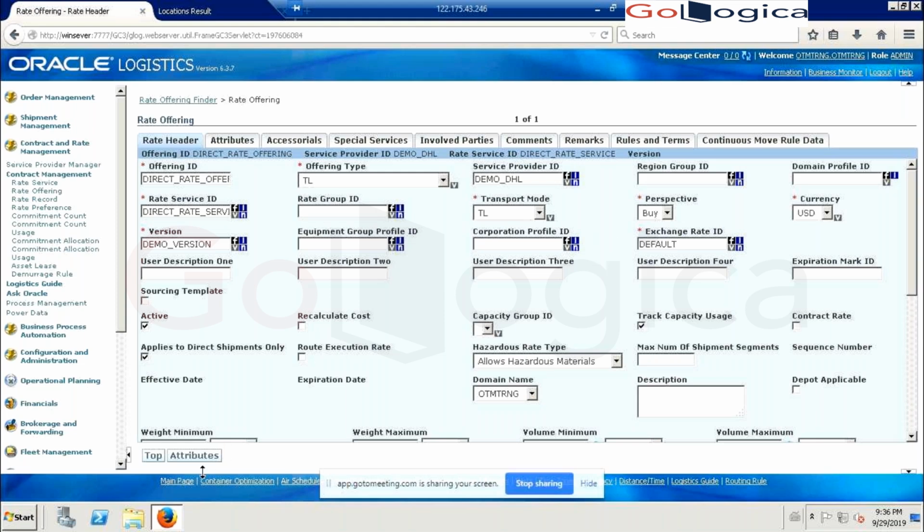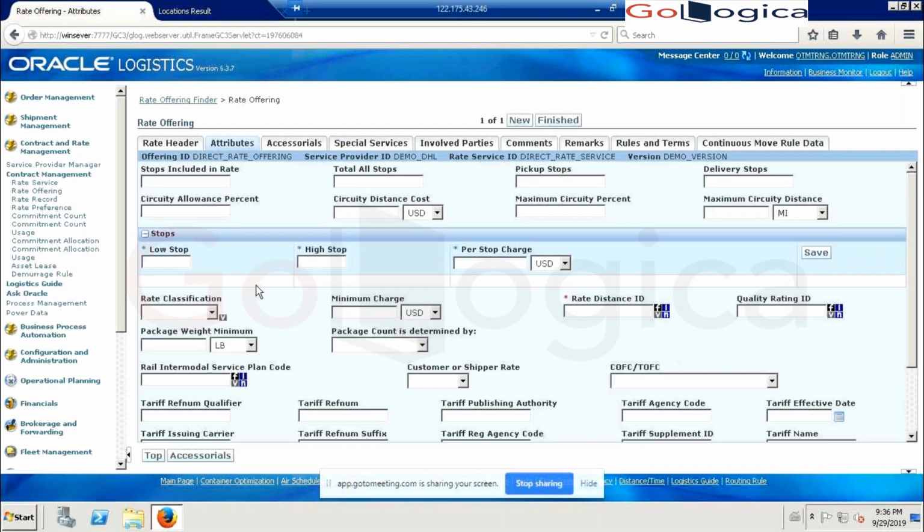Now I'm going to the attributes tab so that I can define the rate distance. Generally if we have lookup else estimate, I'm just using both. I'm not providing accessorials and all those things. Accessorials is basically if you have any additional pricing and additional cost.